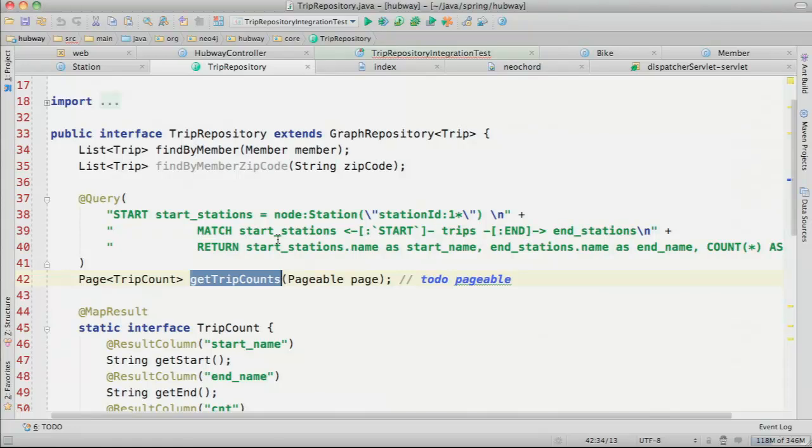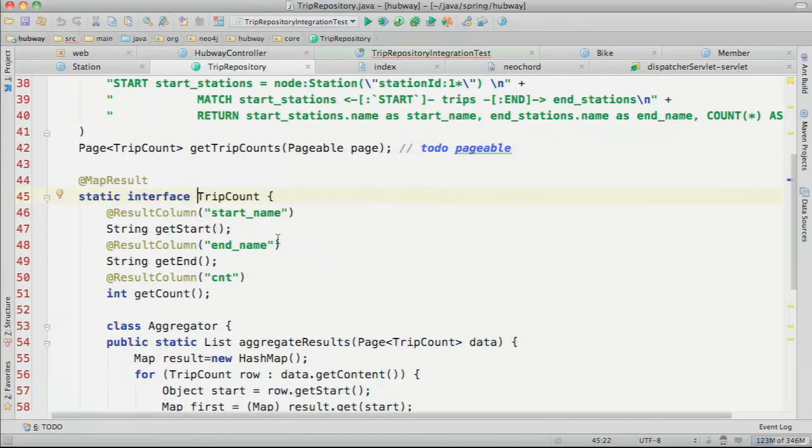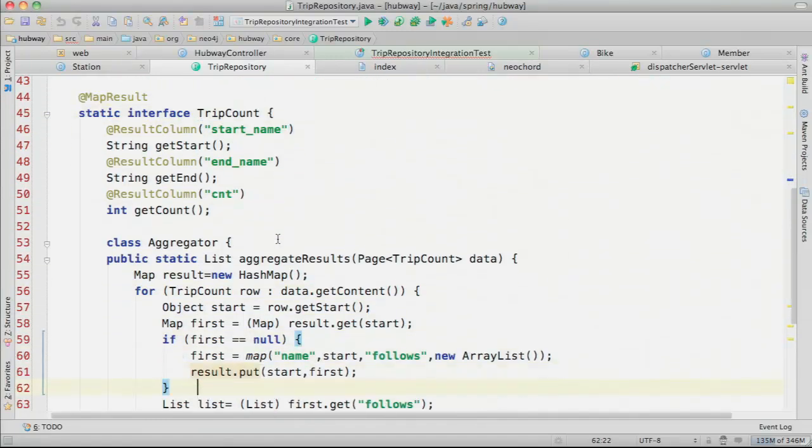It returns the whole thing as a trip count, which is a virtual interface that captures the query results in an object-like interface. It's a simple mapping that I don't have to write any code for, it just maps automatically. Then I have to do some munching to convert this data returned from Neo4j into the JSON format that D3 expects for rendering. But that shouldn't concern us.